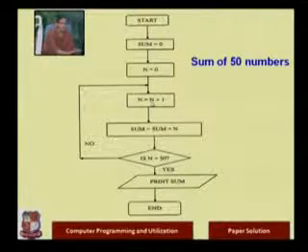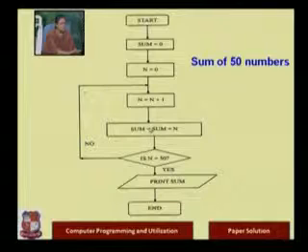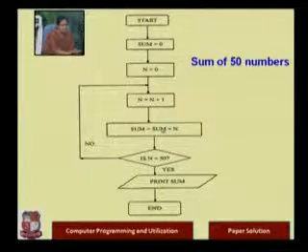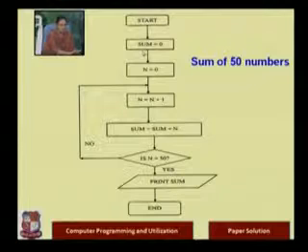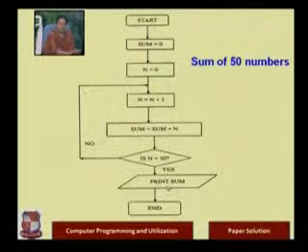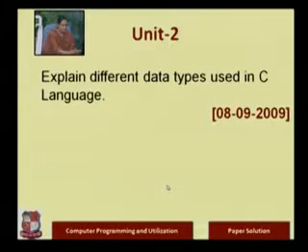Then you have n is equal to n plus 1, then you are doing sum is equal to sum plus n. Now see, what is important over here: what is the symbol for start, you have to draw the appropriate symbol, right? The start symbol is this, the processing symbol is this, that is a rectangle, right? Then for decision making you have this diagonal symbol. For reading and writing purpose, that is output, you have the parallelogram symbol, right?